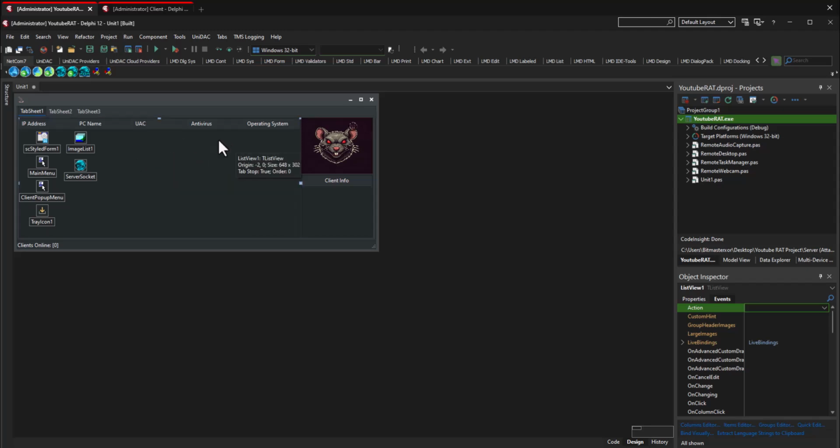Everything that you see, like the items that go into this list, they show up and you see IP address, PC name, UAC, antivirus, operating system, all that. But there's other underlying data underneath each item that you don't see as a human being. It's called the .data property. So you can actually shove hidden data of any type into each item thrown onto this list,